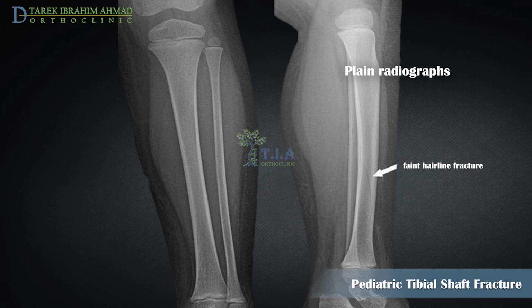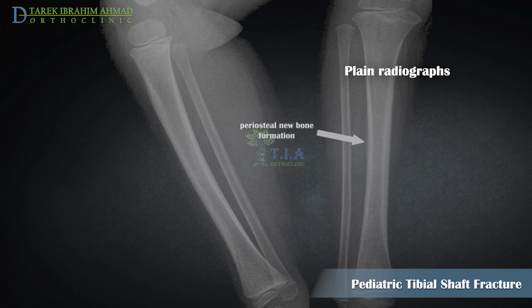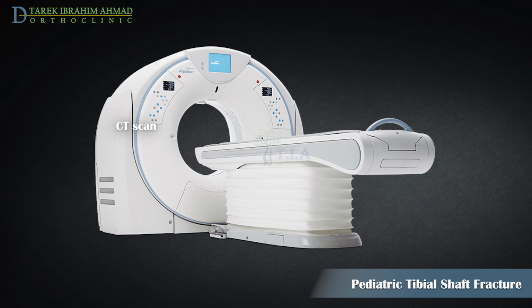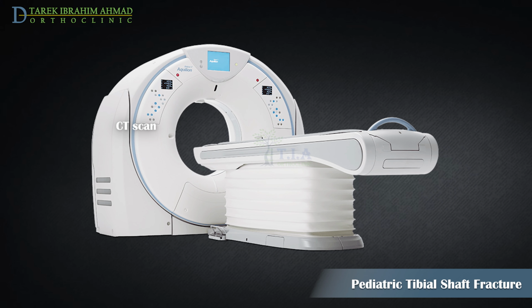Anterior, posterior and lateral radiographs of the affected leg may show a faint hairline fracture, but this can be easily missed or inapparent on initial films in almost a third of patients. Occasionally, a child is brought to medical attention in a delayed fashion because of mild clinical symptoms and an unclear history. 7 to 10 days after injury, there may be healing and periosteal reaction on radiographs, which may look concerning for osteomyelitis or a bone tumor. In this case, a CT scan may be warranted to exclude a more concerning lesion.